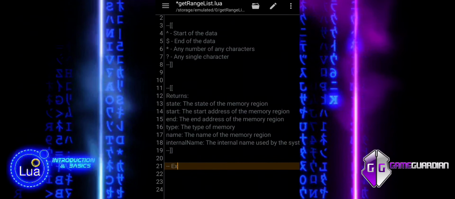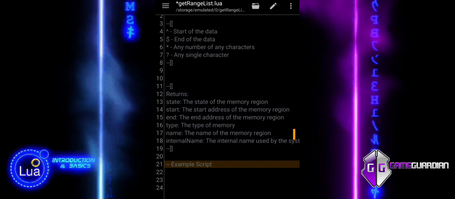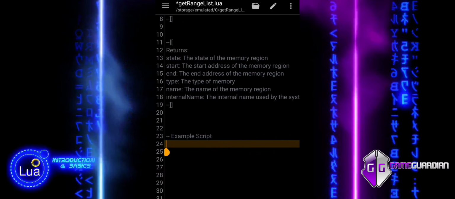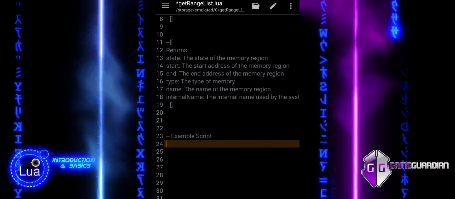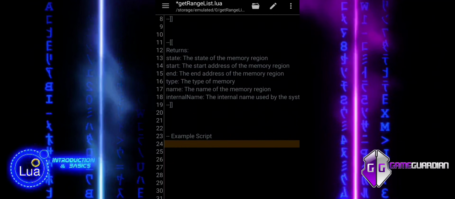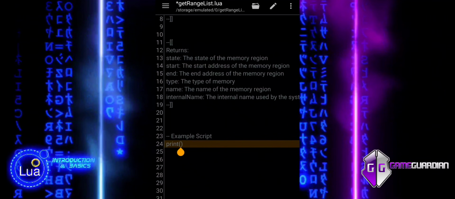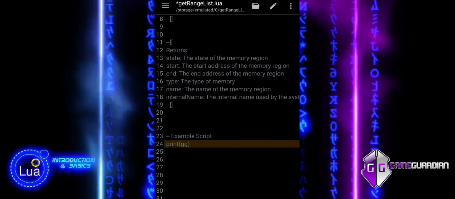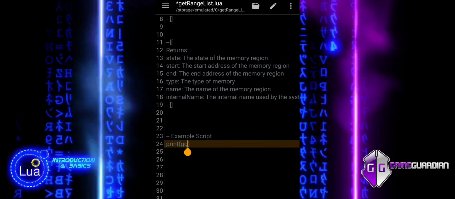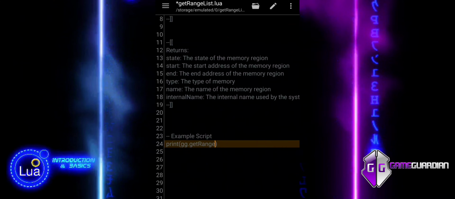Name, the name of the memory region, often related to the library or module that owns the region. Example values: libc.so, a standard C library; libart.so, Android runtime library. Returned for memory regions associated with specific libraries or modules. If the memory is anonymous or has no specific name, this field might be empty. Internal name, an internal identifier used by the system to further describe